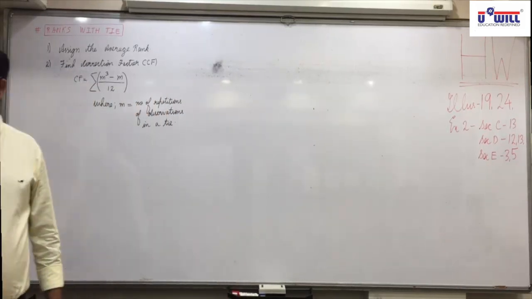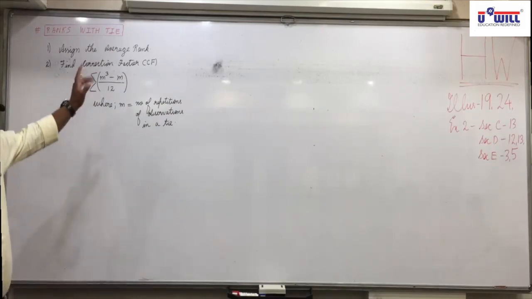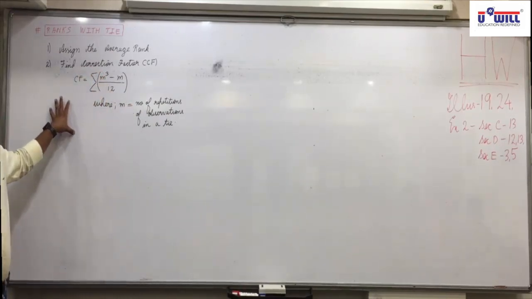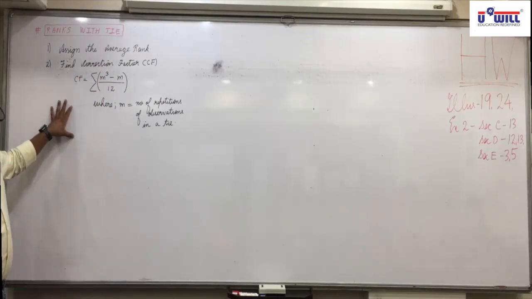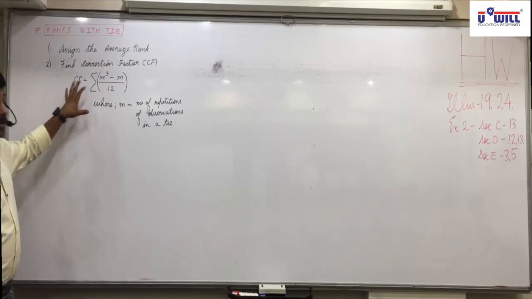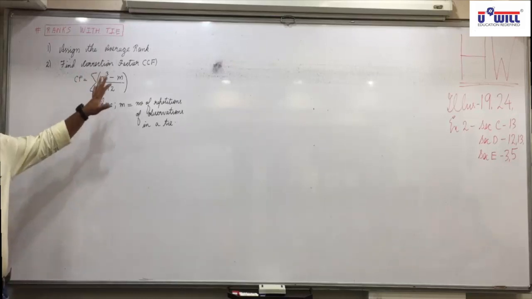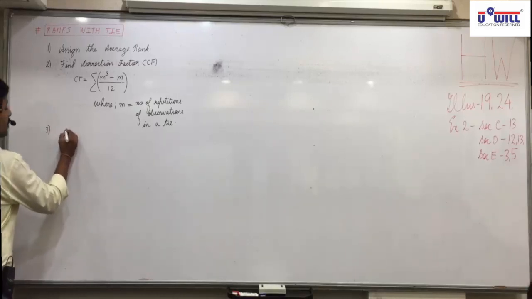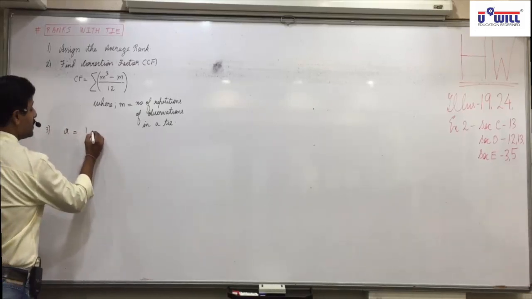Did you understand this? Whenever there is a tie in ranks, when we are solving the question, this working will be done along with that. We'll find the correction factor. And how do you find that correction factor? Sigma M cube minus M upon 12. Any confusions? And then we will apply the formula 1 minus